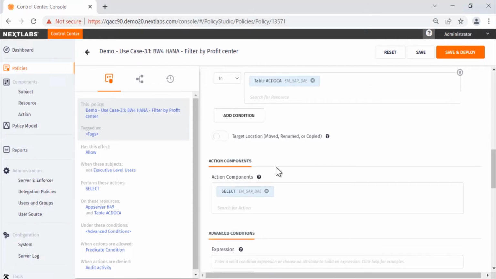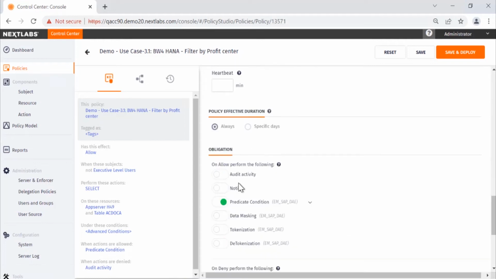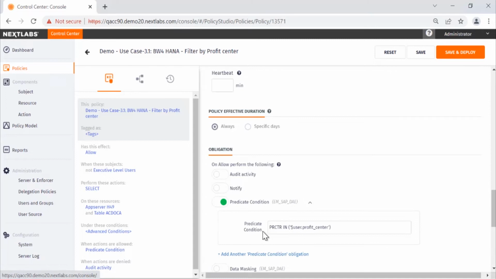We define in the action section which action this filtering will apply to, and for this policy it will be the select action. And finally, in the obligation section, we define within the predicate condition what the criteria will be for filtering. Here we are checking to see whether the profit center is within the list of profit centers the